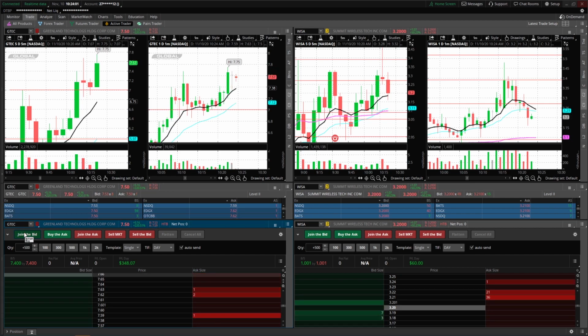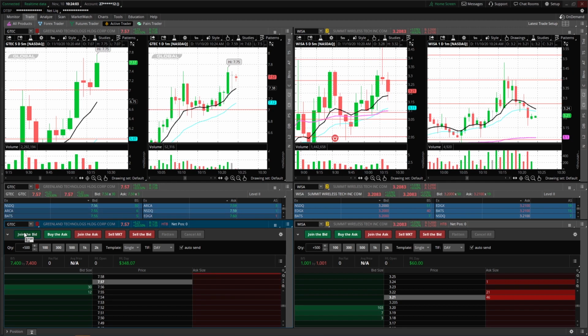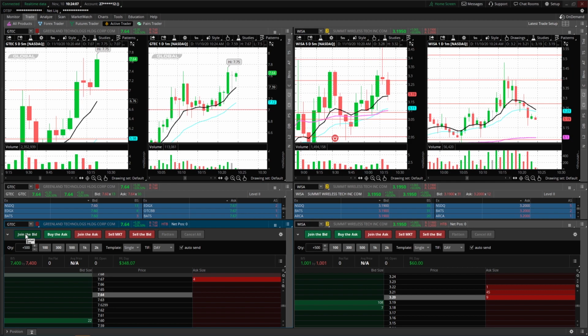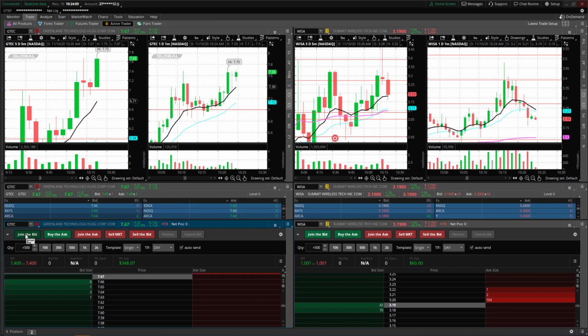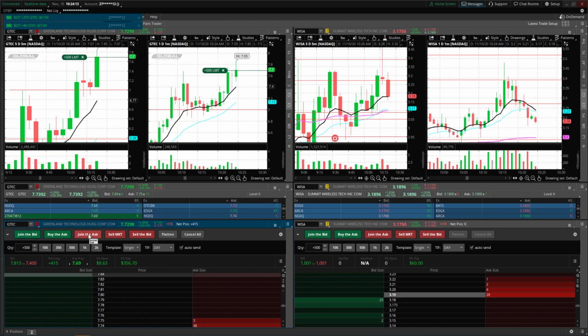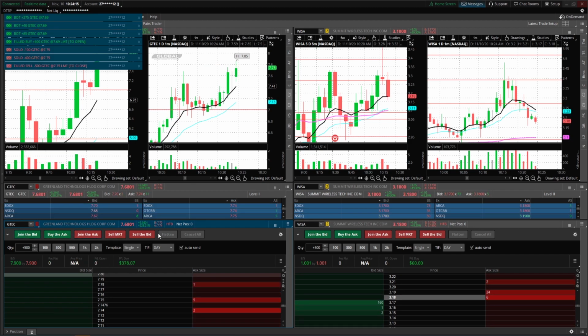So there are a few different ways you can trade it. This is really my favorite way to trade it: first of all, it needs to be either right above or right below a big confirmed level. And if we're looking at GTEC here, just to give you an example, I can look at